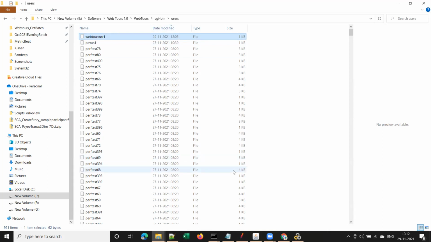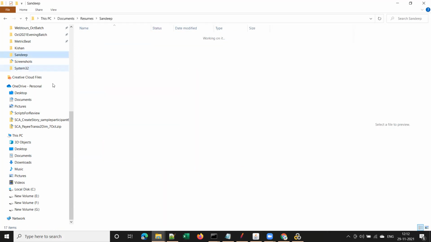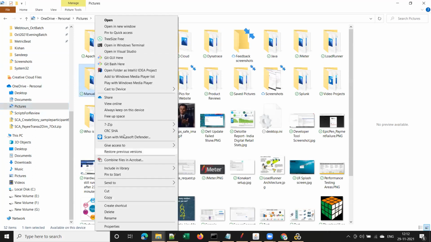And you can open this with Notepad++. Let me right click, and see, this window is called a context menu. Please remember this. In the Windows operating system, whenever you right click, you get this kind of window. This is called a context menu. Why it is called a context menu is because based on where you right click, you will get the options. Yes or no, guys? So I clicked on a file, and you are seeing this Edit with Notepad++. Suppose if I click on this folder, you see different options, isn't it?